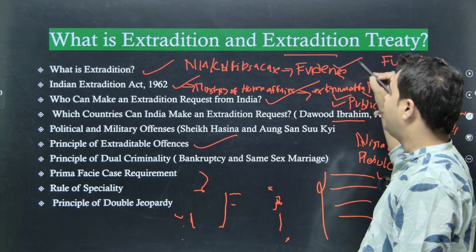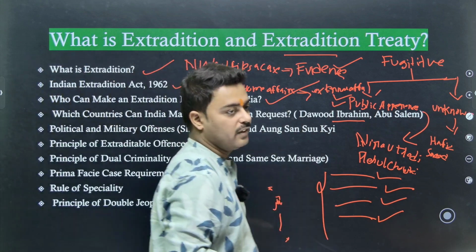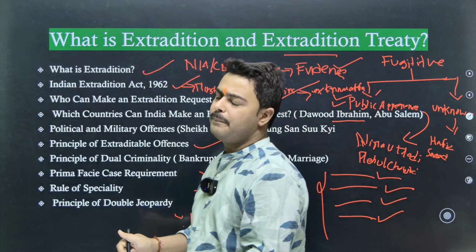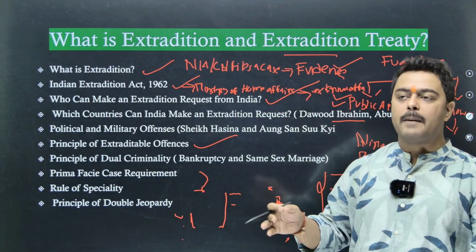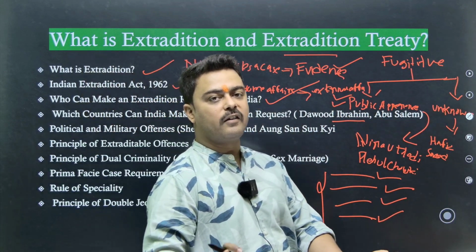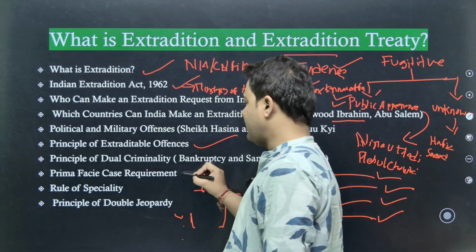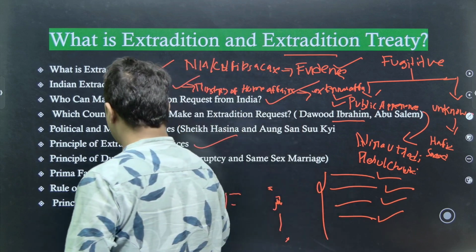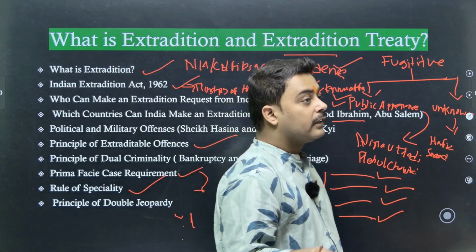against that person against whom this extradition is being processed. आपके पास पर्याप्त मात्रा में सबूत और गवाह होने चाहिए जिसके लिए आप प्रत्यर्पण की मांग कर रहे हैं। कल को आपको वहां के कोर्ट में भी खड़ा होना पड़ेगा, दिखाना पड़ेगा कि इसके खिलाफ हमारे पास संपूर्ण गवाह और सबूत हैं कि इसको आप हमें प्रत्यर्पण कर दीजिए। प्रिंसिपल ऑफ प्राइमा फेसी केस रिक्वायरमेंट इज डन। ओके, रूल ऑफ स्पेशलिटी।